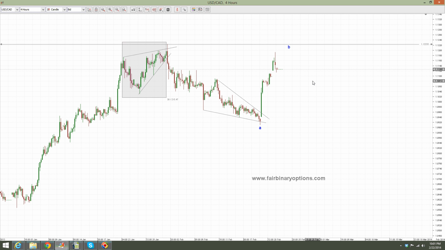This, as it is looking, is nothing but a flat, and now we're looking for a five-wave structure after the B wave is completed. Most likely it is not completed here. We still need some time, but I would favor from these levels, even if we're going to have a triangle like this, the put options, and this is why we are looking to buy put options. So let's write here on the screen